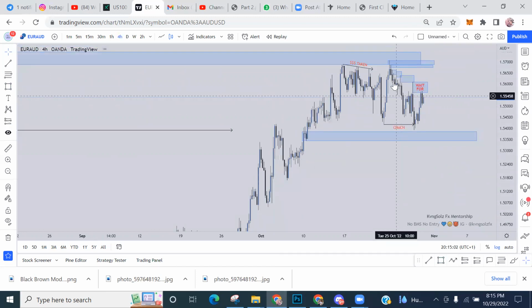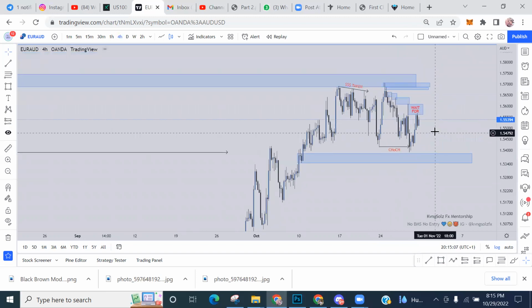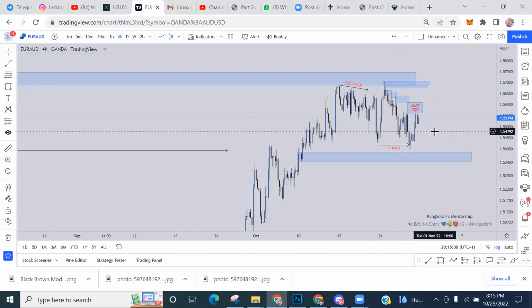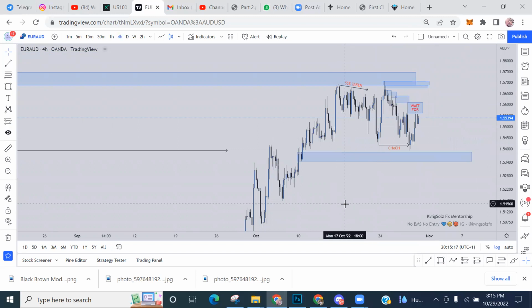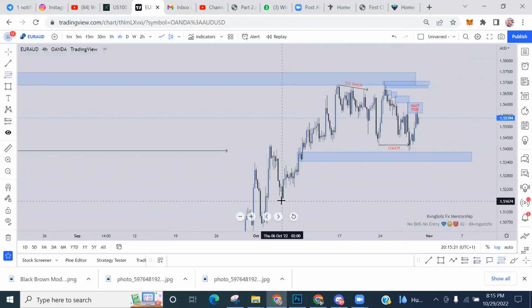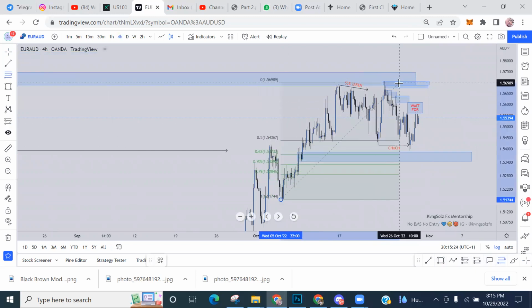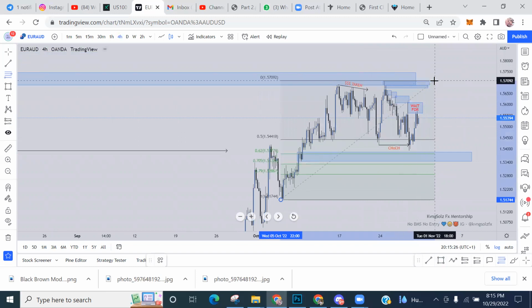Like you have your supply. So is that what you're saying? I'm saying there is a demand there, just where you pointed out. So this one is unmitigated, because price has been breaking structures for a while now to the upside, and I think it's still going to go up to the extreme high you pointed out.